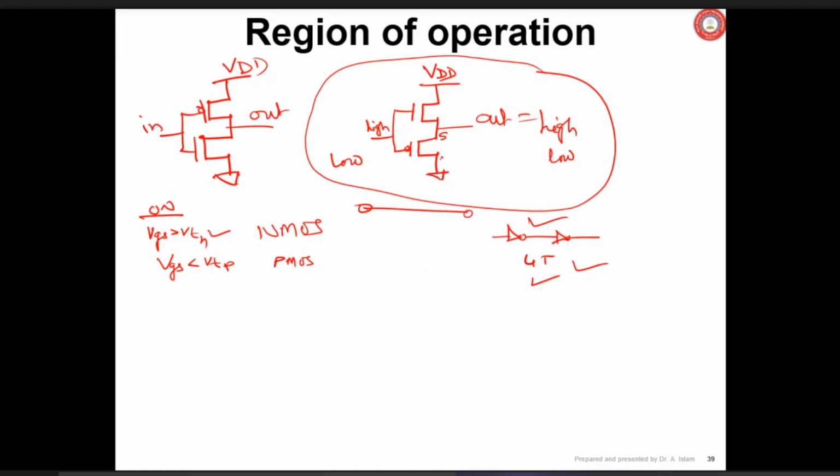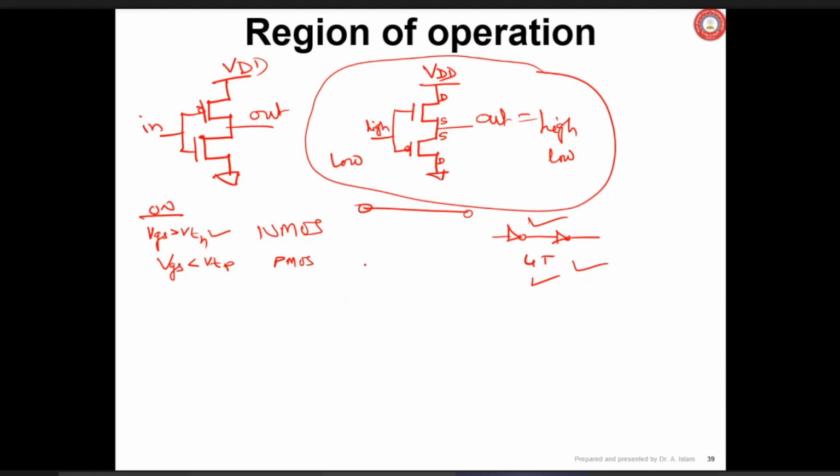Upper one is source because that is in higher potential, and this one is drain because this is a PMOSFET. For NMOSFET, this one will be drain and this one will be source, because, yes, complementary. Basically we have said that the one connected at higher potential is the drain in case of NMOSFET, and in case of PMOSFET, the one connected at higher potential is the source. This thing you remember. Okay.